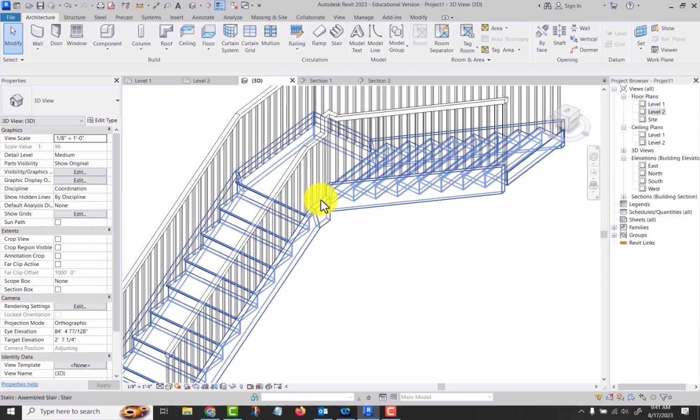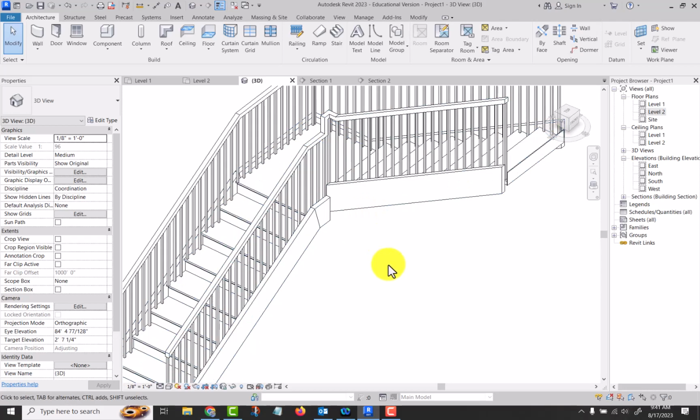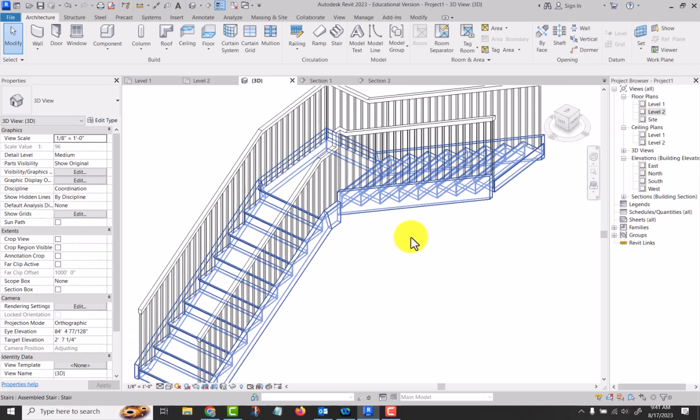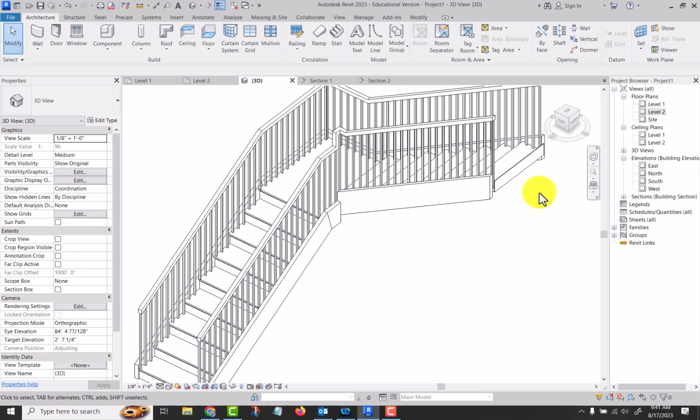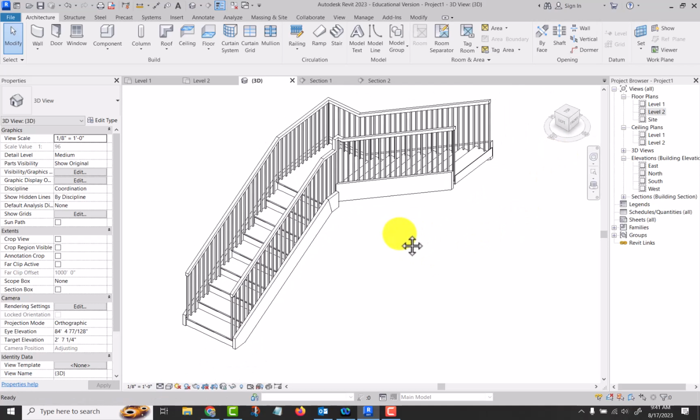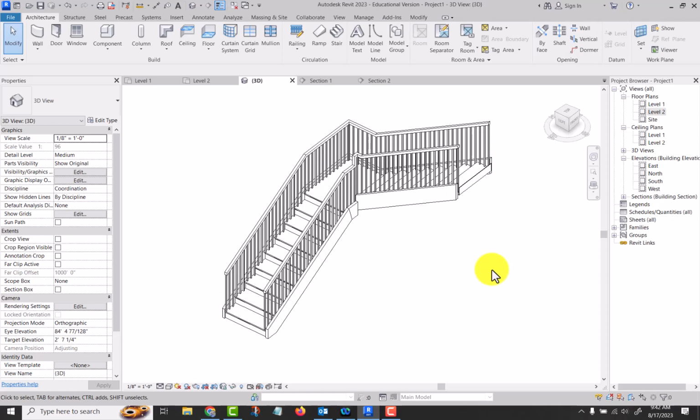And you can see there's little problems with the way that they join stringers on that. There's some issues with this, the stringer doesn't go all the way to the end of the tread. There are ways to edit and modify the way the stringers are dealt with though. Okay, so I'm going to pause this video and then we'll come back and we'll do